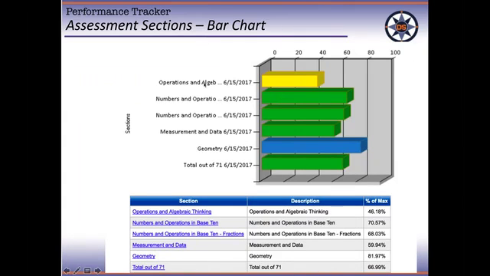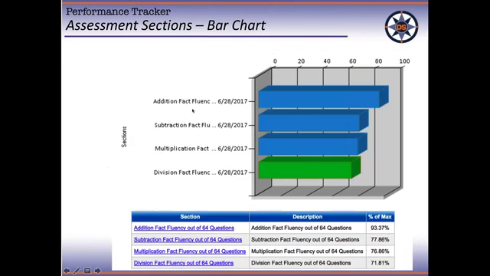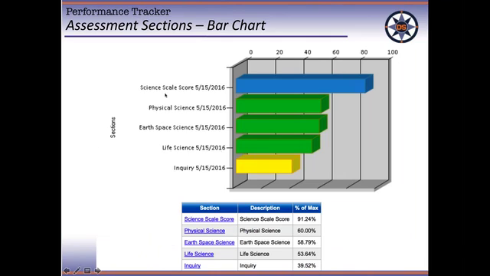And this is what they look like. If the sections in my assessment are set up to match my strands or my domains, then I'm going to get them based on those domains. If my sections are set up addition, subtraction, multiplication, and division, I get them based on that. And we can show you how to set up sections. If they're set up so that all the questions related to physical science, all the questions related to earth science, all life science, etc. will go into these buckets. So that's a sections report. I don't use it that much, but once in a while I will look at it.